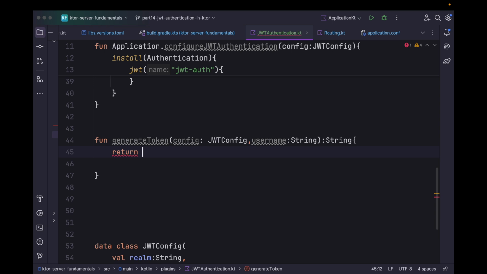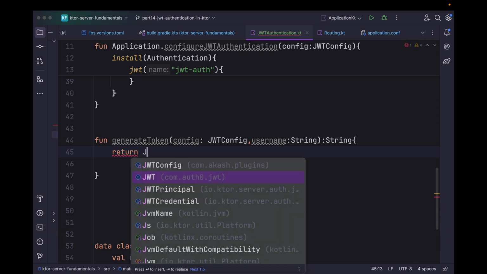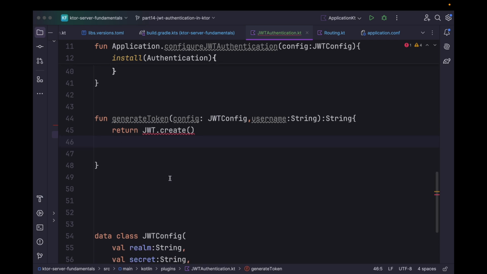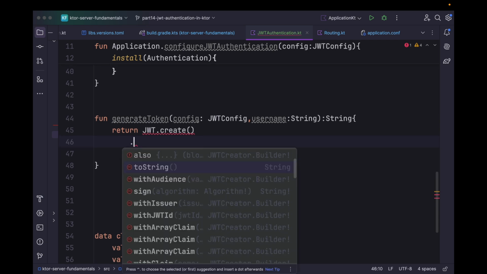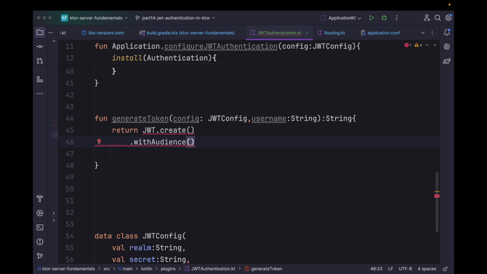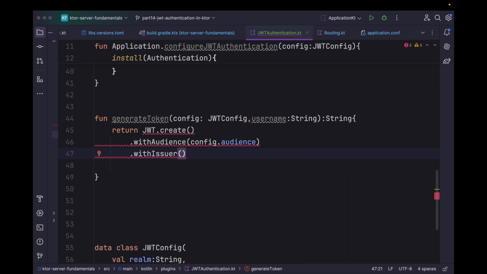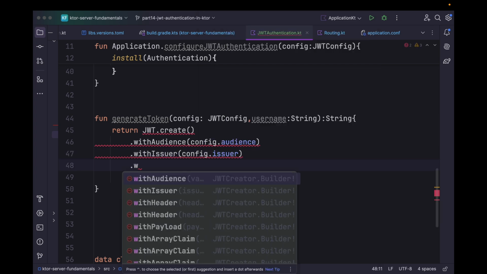We can simply return, and we can say JWT.create, since we are creating the JWT token. Now we can specify the audience as config.audience. We can also specify the issuer like config.issuer. We can set the claim data as well. We can say withClaim,